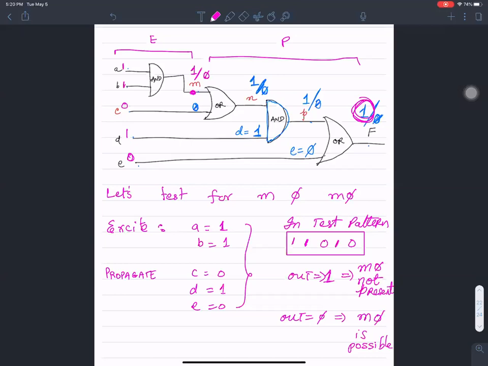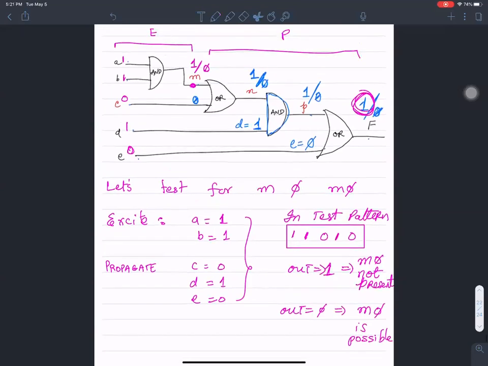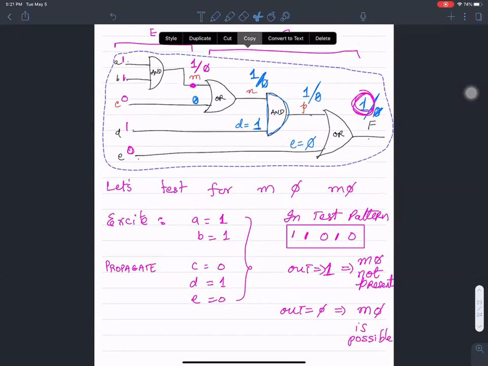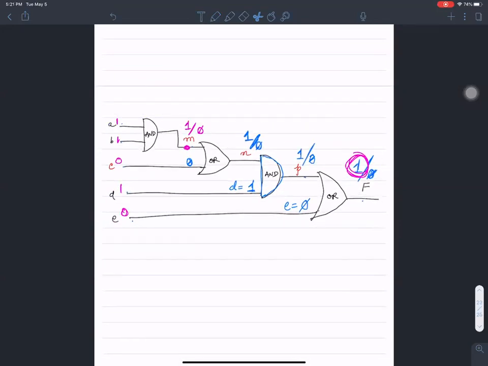If the output is wrong, can that mean that our fault be on another node not currently being tested? Thank you, Alberto. That's a very, very good question. His question is, let's say I'm going to copy this. The argument I made was that if I apply an input of 1, 1, 0, 1, 0 on A, B, C, D, E, and see an output of 0,